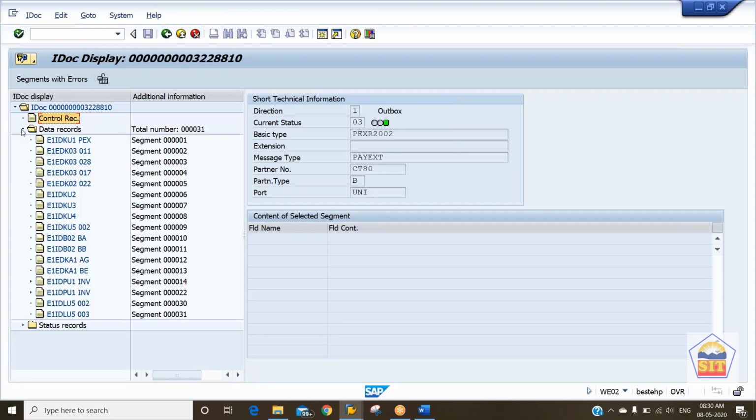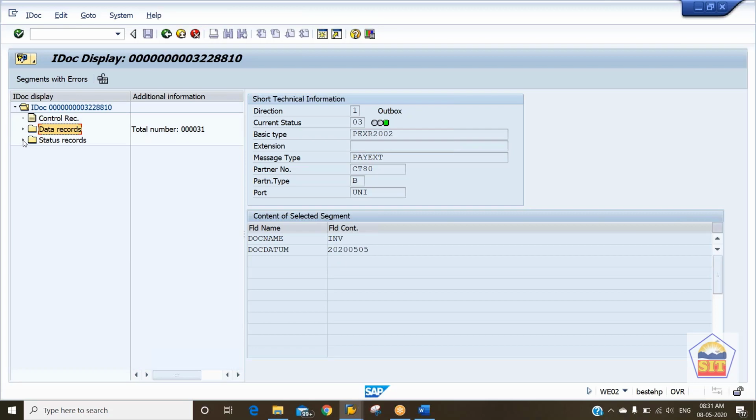Then if you want to find out the data structure, that is, what type of information we have sent to the bank, that information we can find under this data structure. For example, here we have the payment document number which the system has generated, and these are the segments we have. For each segment some information is there, and that information we will be sending to the bank. So what is the output? That output we have already seen in the output control. So this is the payment we have. This information will be sent this way, in the form of segments, and this is the payment information we are sending to the bank.